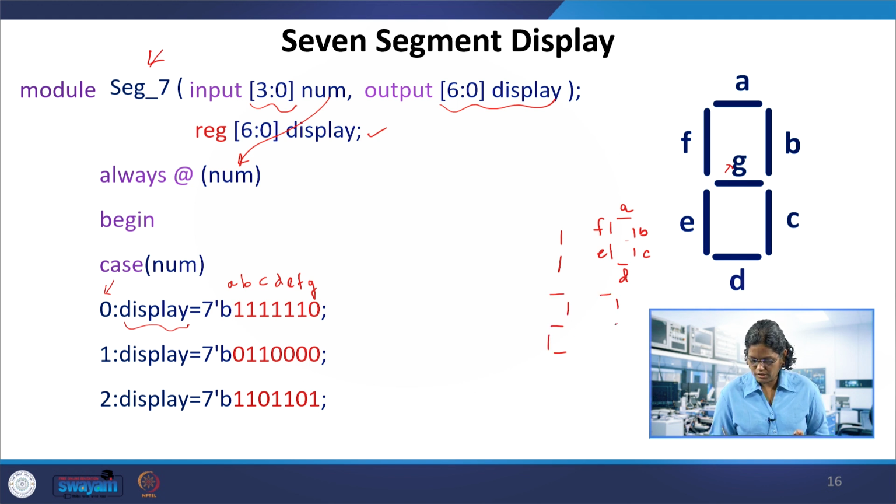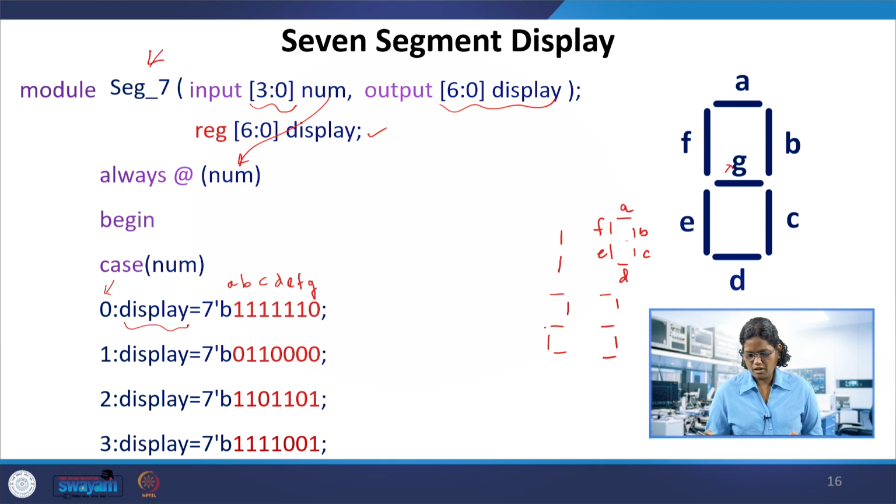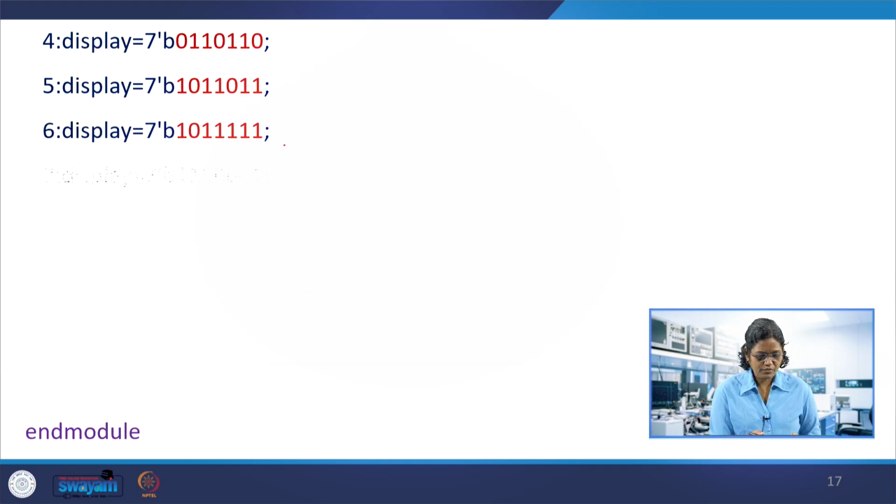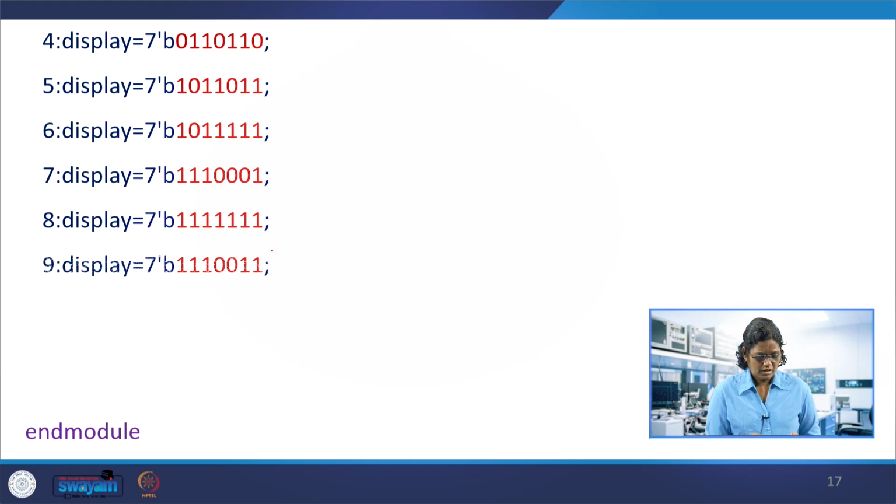Then for 3 similarly, the display for choice 3 is going to be A, B, C, D and then G. So this is 3. Similarly you can display up to 4, 5, 6, 7, 8, 9.